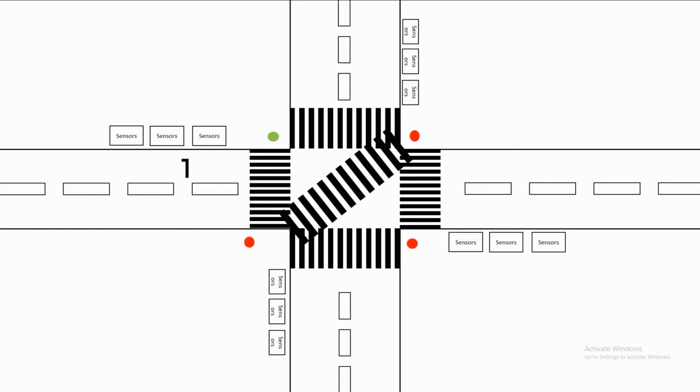So here our road 1 is on, after that road 2 is on, then road 3 gets the signal and road 4 gets the signal. And now in scenario 1, if there is any car or any vehicle on the road, the sensor will detect and give the highest priority to that road and the signal gets green, and it is very clear that the car can pass by the signal.